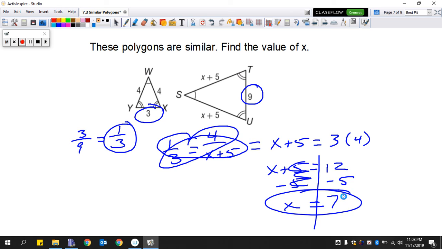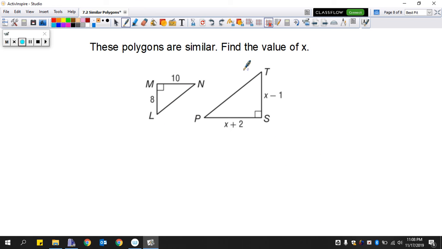And our last example that we're doing, we're already told that the polygons are similar. We need to find the value of x. All right. So m goes with s. So we have to find the corresponding sides. So when we do that, we can see that when we turn this around, okay, so the 8 and the 10, when we flip it around,